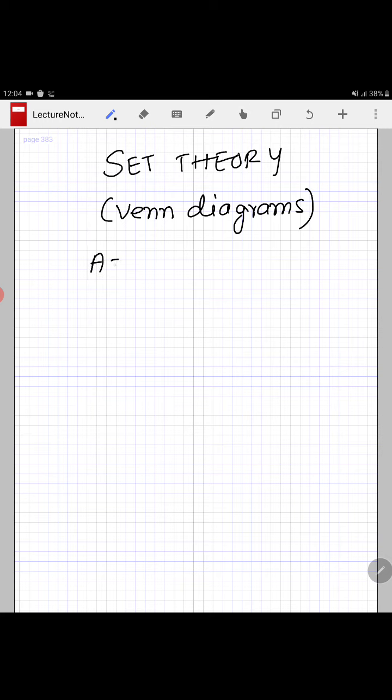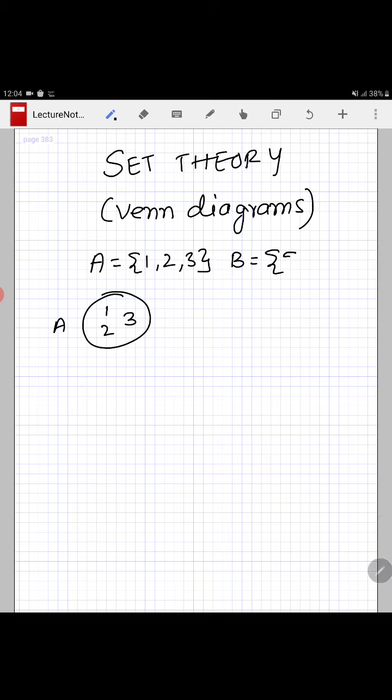Now, suppose I say that A is the set of elements 1, 2, and 3. Then I can represent it as a circle containing 1, 2, and 3. The circle represents the group. So all the numbers inside the group, they all belong to the group A or set A. Supposing I have another set B which contains the elements 5 and 6. Now because there is no common element in the two groups, I'll draw a separate circle containing 5 and 6